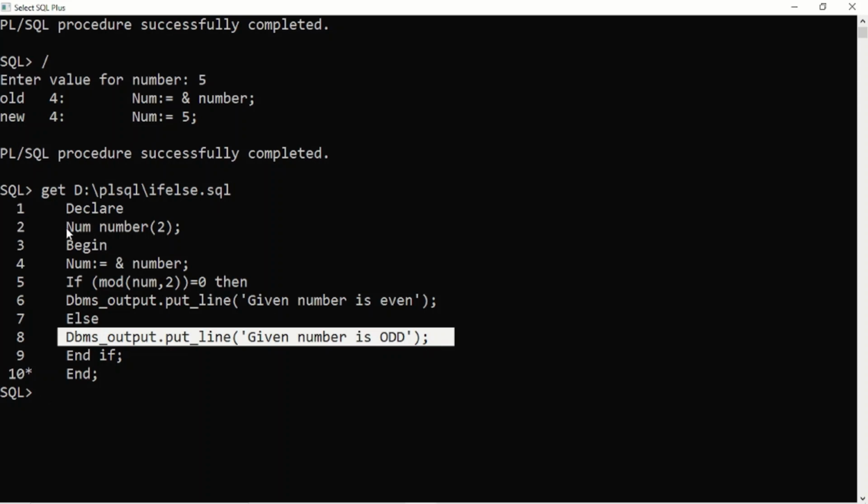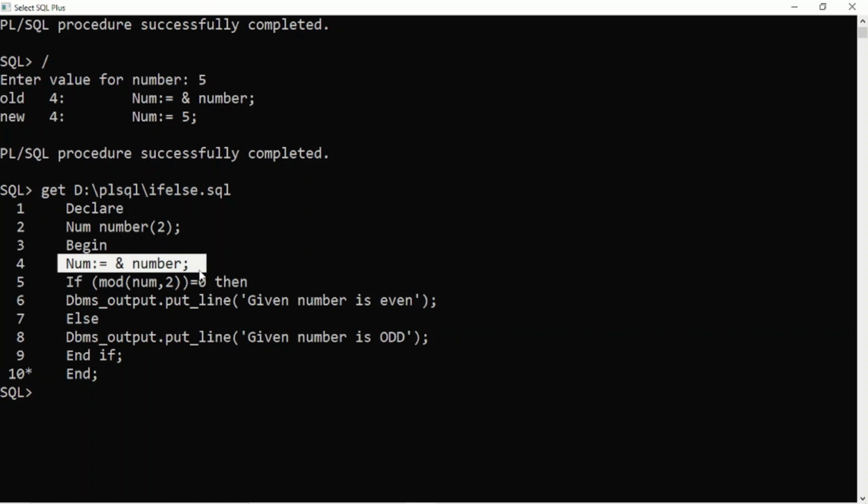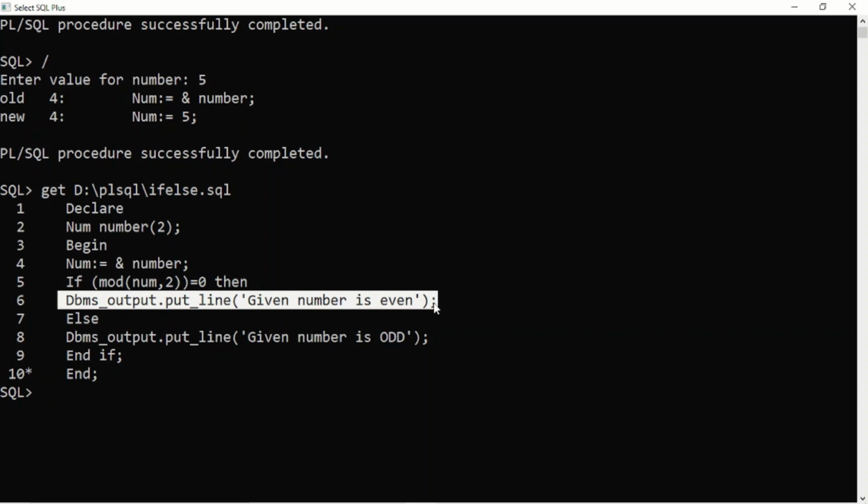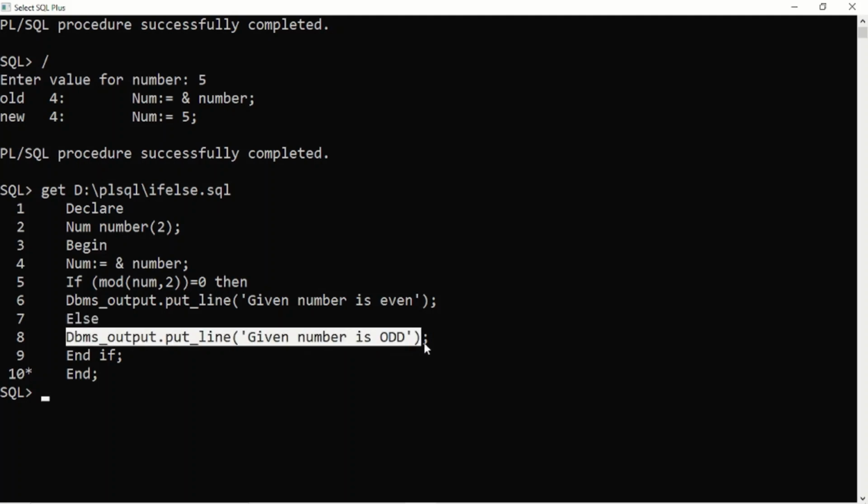Very simple. Declare. num is a variable which will be used to read the number. This statement will give you a message and will read the number from the user, and this condition will check, the mod function will check whether the number is divisible by 2 or not. This is mod, this is the number, this is the divisibility check. So we are checking division by 2. If this complete statement from this to this gives answer 0, in that case this condition is true, and then we'll get output given number is even. Otherwise the else part will run and will print number odd.